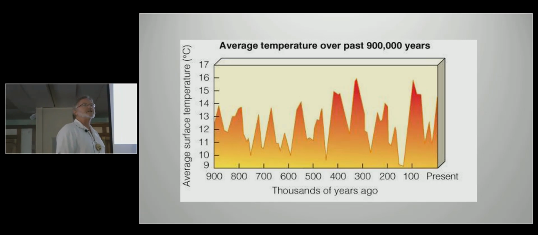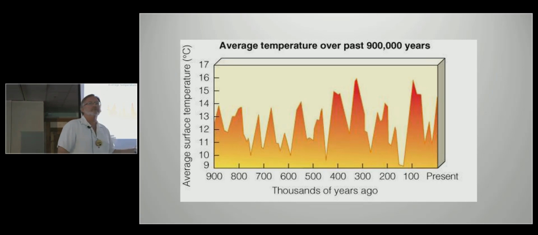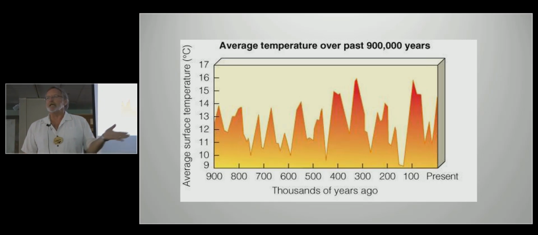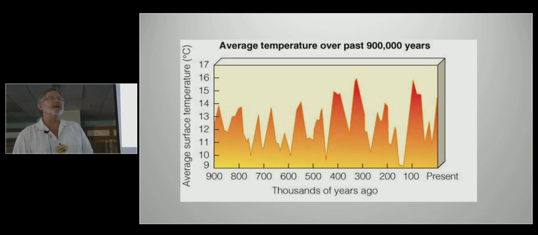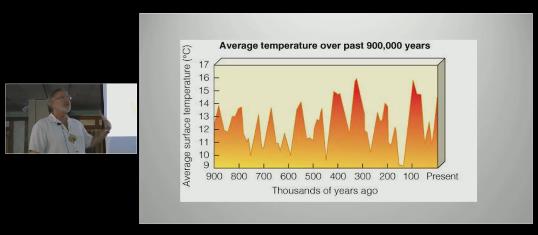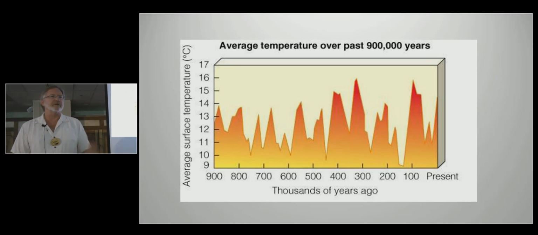The one climate change that we're dealing with right now is, by consensus of 96% of the scientists, because of us. But the point is that climate change has happened a lot in the past. Every species that you know has survived it.